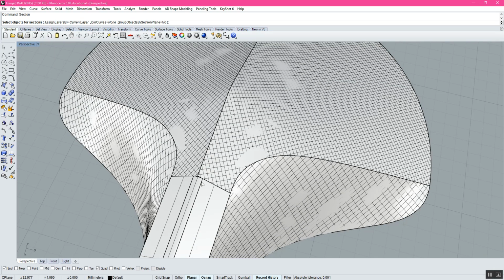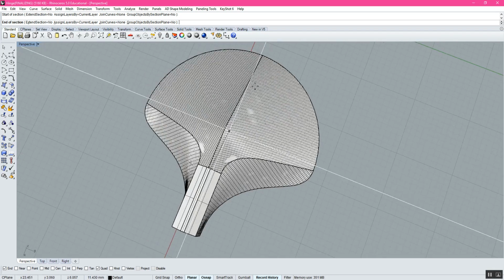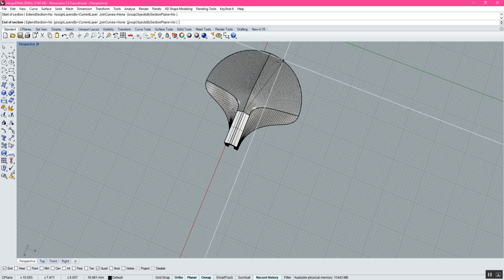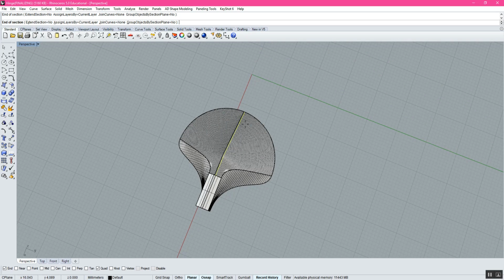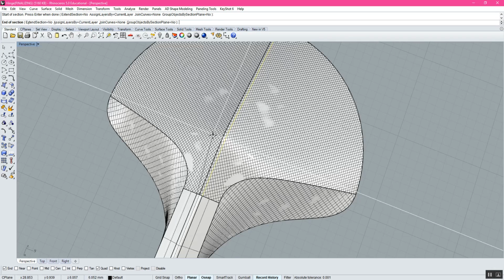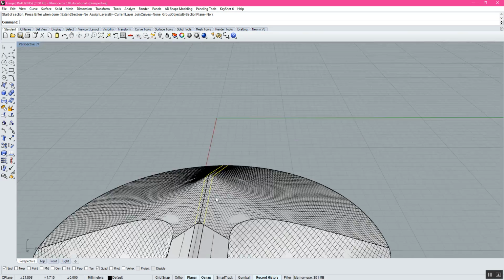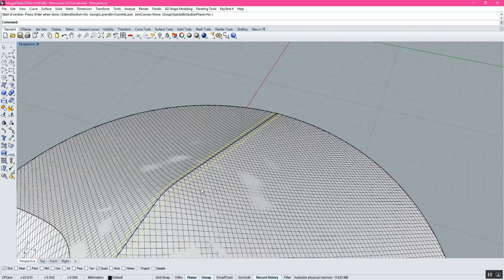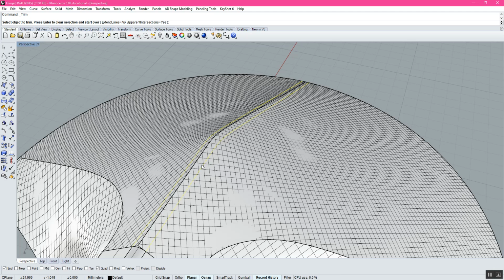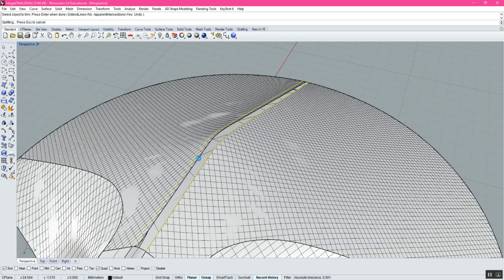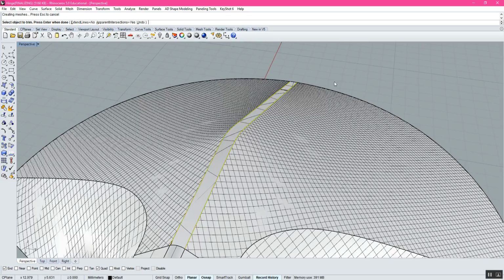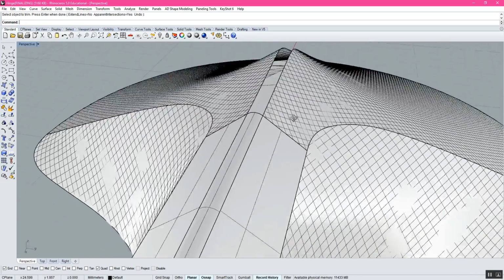Section, enter. Select object for sections, those. I'm going to go from the end. I want to draw a section all the way out there. There's one. From that end all the way out here. This all makes sense here. Out there. So there. Just created two curves there. I'll use those same curves. I'm going to just get rid of that surface and the surface. Like that. Alright. So I've just got rid of the area that I want to develop my own new surface